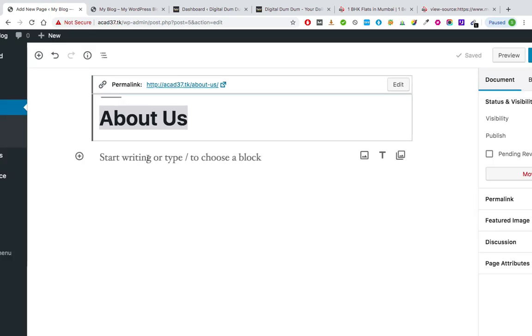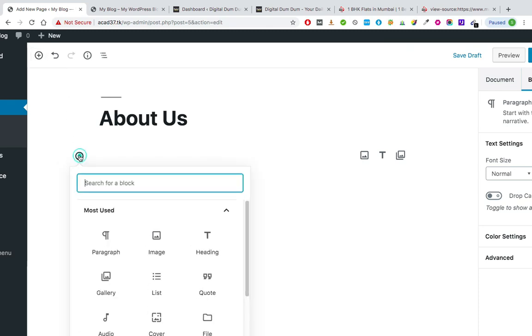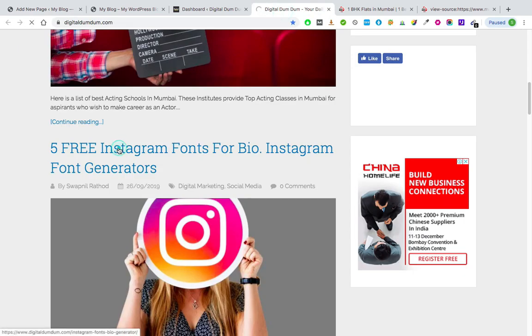Now if you want to add content, you can simply start typing, or you can select the plus sign, either select this plus or this plus at the top. So plus sign, paragraph. Okay, if you want to add regular text, if you want to add images, you have image gallery. If you want to add bullet points, you will add a list. Audio option is there. If you want to add a heading, h1 h2, so these are called as headings. Let me access any one of the articles on my blog.